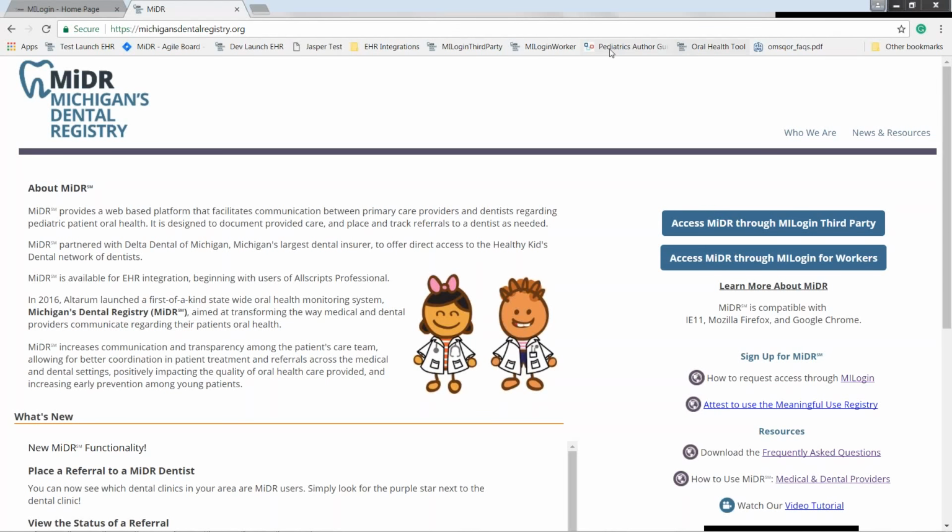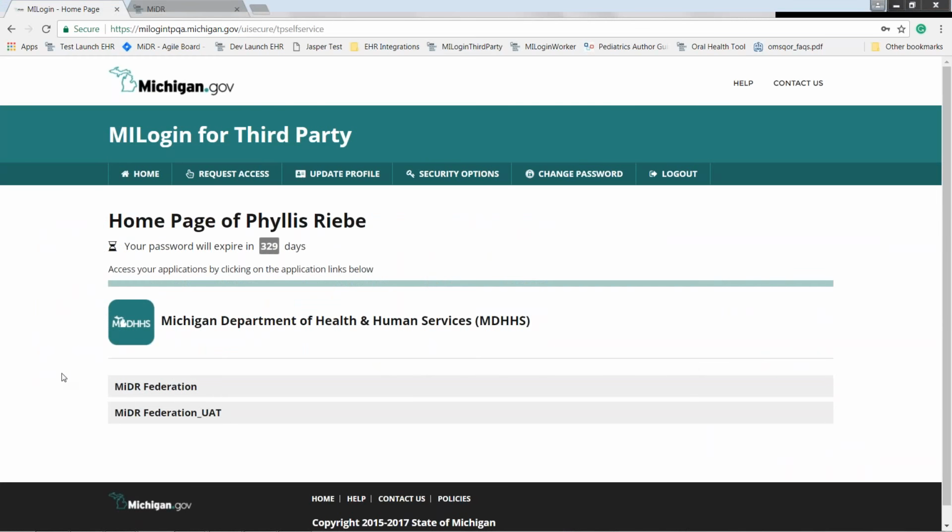MiDR was built with the goal of increasing care coordination and the flow of information between medical and dental providers. MiDR is available on Oscar Professional and on the State of Michigan single sign-on MiLogin for third party. Medical providers and dentists can access Michigan's Dental Registry via the State of Michigan MiLogin system, and that's what I'll